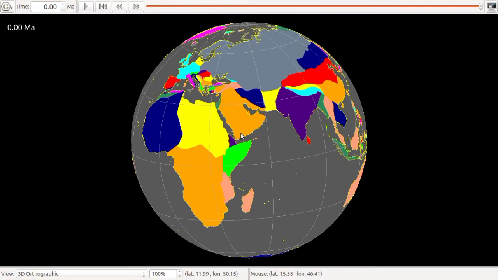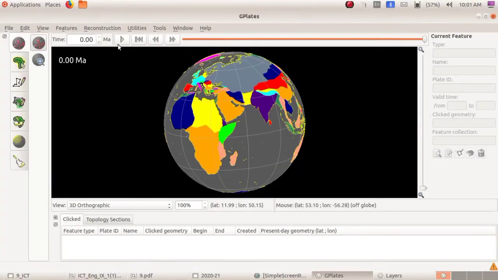Dear children, how can we play the animation? Just click on the window menu, then select the full screen option, then select the play the animation button. This animation we can also display backwards. The continental drift animation can be viewed in two ways, from the ancient period to the modern era, and also from the modern era to the ancient period. For escaping, you can click on the escape key on the keyboard.